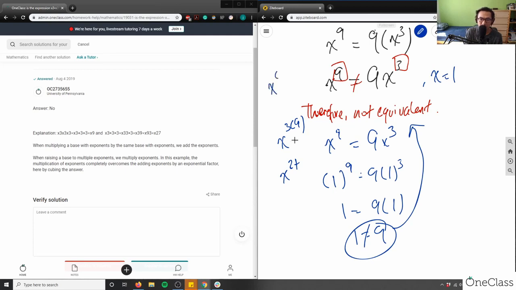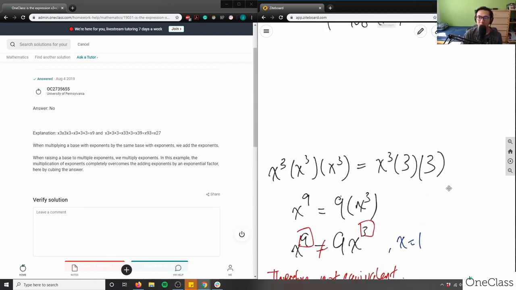Maybe the question was 3 times 3 times 3. I think maybe that was the question here, because then I could multiply these to get x to the 27. I think that might be the problem here. So that's fine, actually. It just depends on the formatting in this case, right? So I think either way, the question